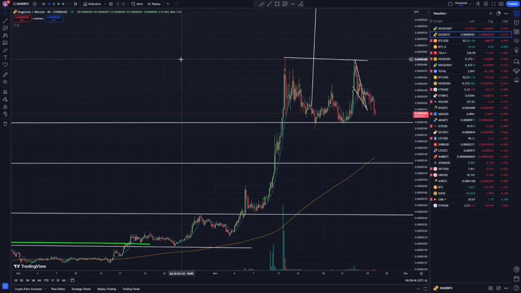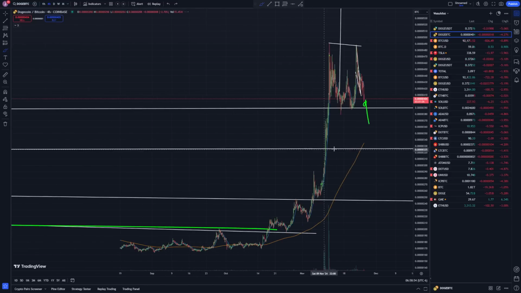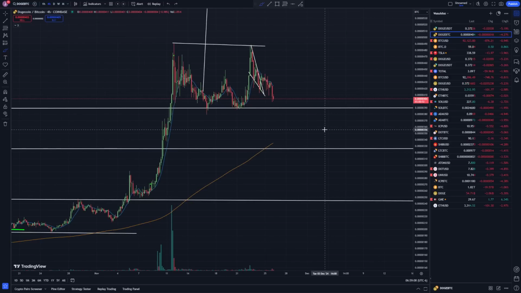Kind of like the Fibonacci retracement levels. If we break this one going to the downside, the next spot that I'll be looking at is that next previous support, or previous resistance, should I say, going to the downside. If we break that one going down, the next spot that I'll be looking at is going down here. I'm not really too concerned about the numbers over here, like the targets, but we're basically watching this chart